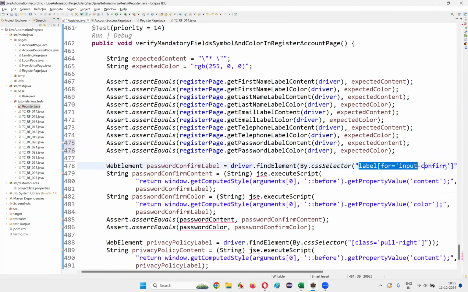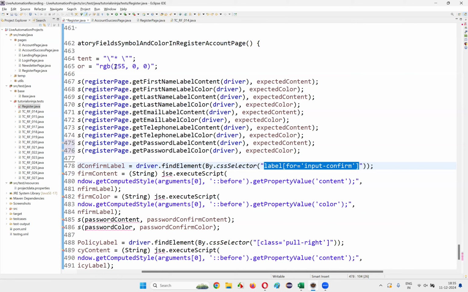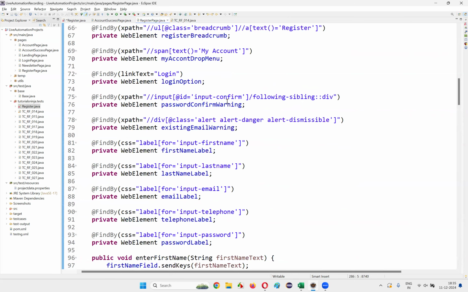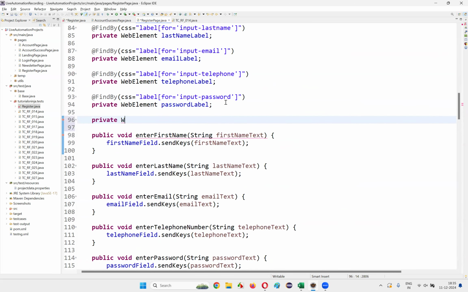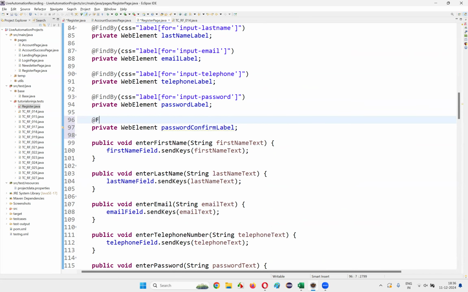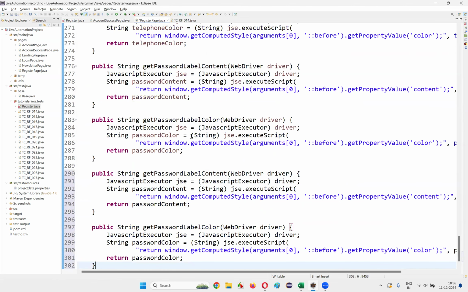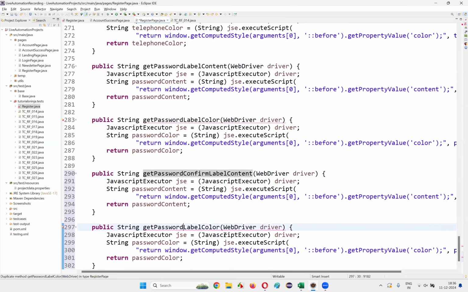Then password confirm field. Copy this, come back here and write down private web element password confirm label. Here write down at the rate find by CSS is equal to give the CSS selector, save this, come down here, copy this method, paste it here, get password confirm label content, password confirm label color, and here